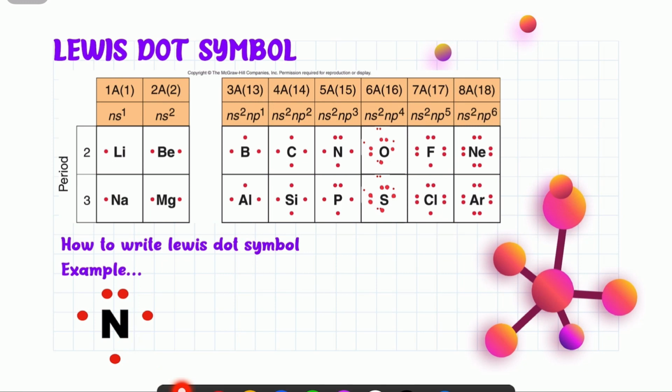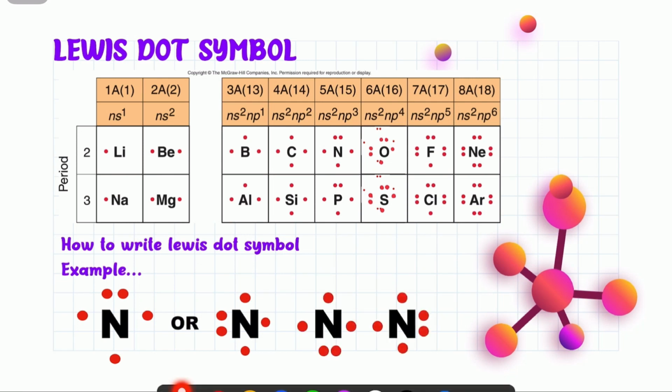To write this Lewis dot symbol for nitrogen, you also can write it like this one, or this one, or this one. So there are 4 ways to write the Lewis dot symbol for nitrogen. Next,